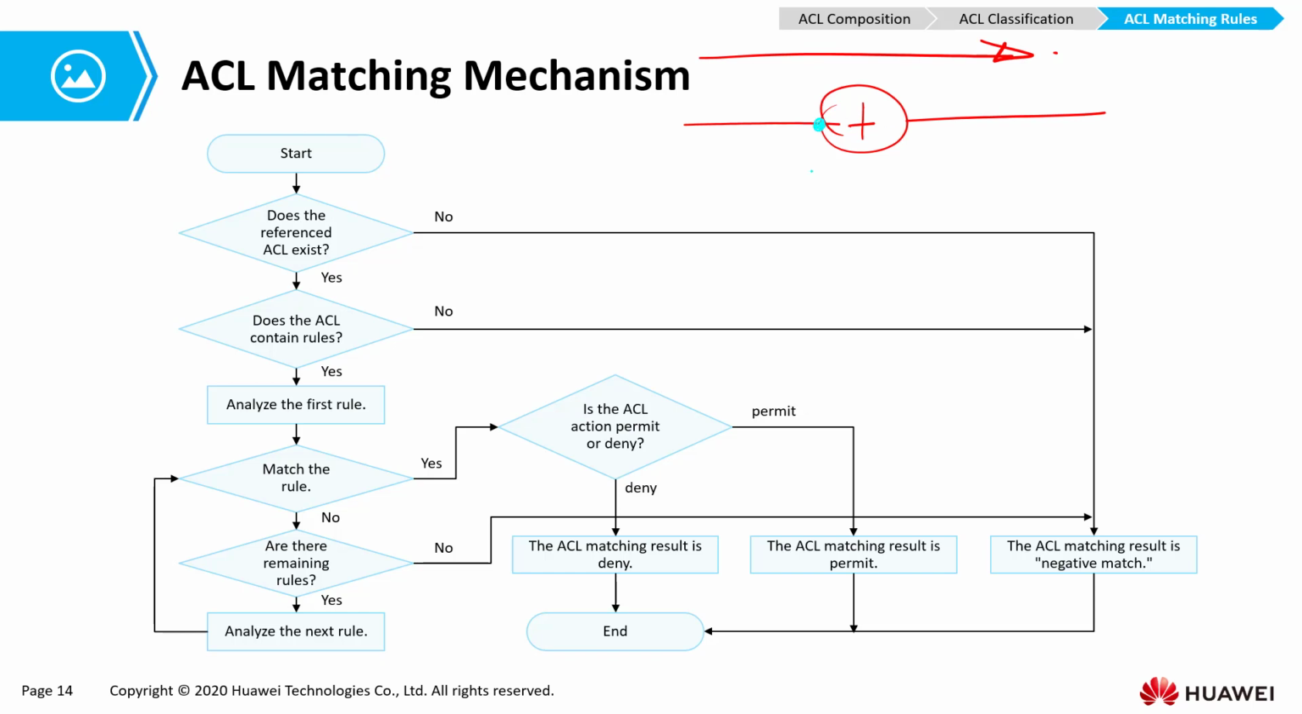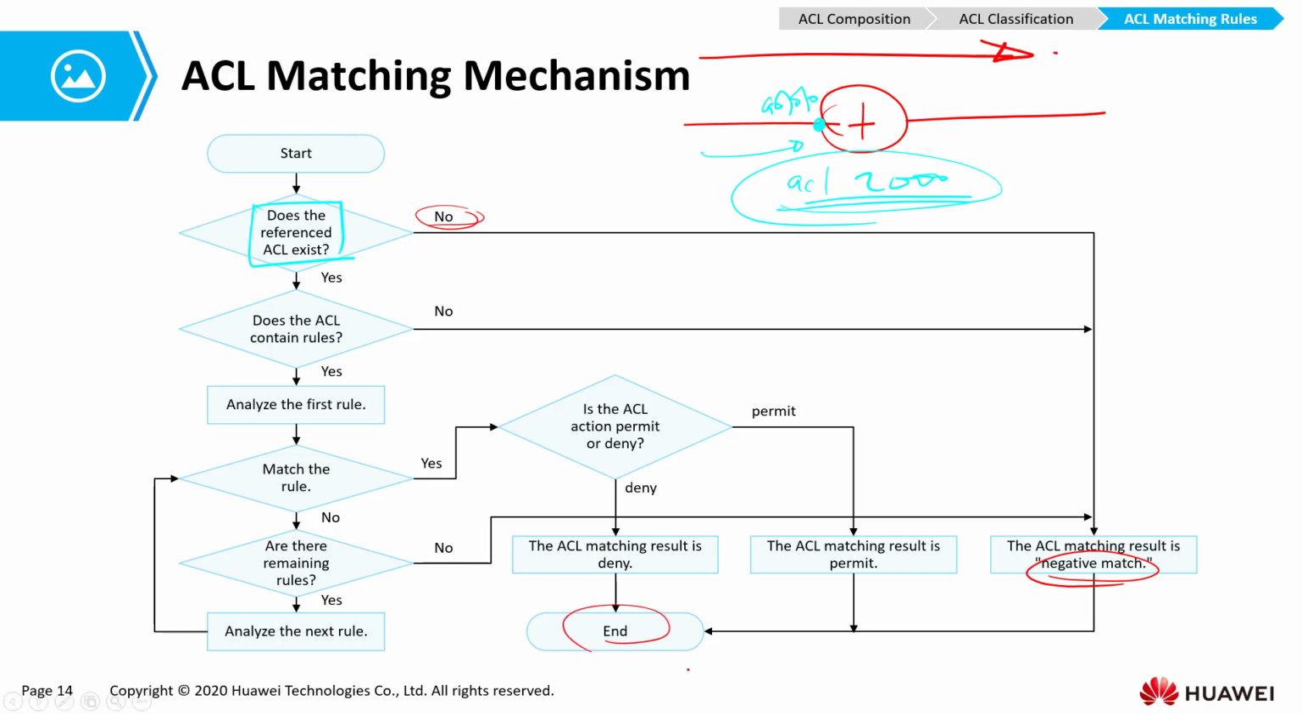So you configured something like ACL 2000 at that interface of the router, gigabit Ethernet 0/0/0. What happens when traffic hits that point? The router can see there is an ACL. So the first question is, does the referenced ACL exist? If the referenced ACL does not exist, then the result is going to be a negative match and we shall